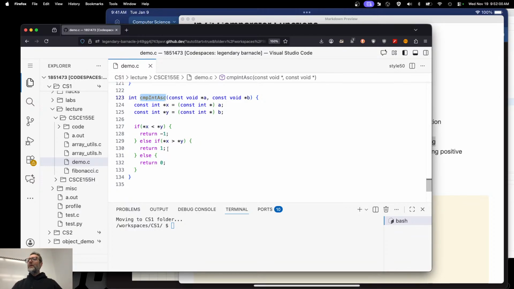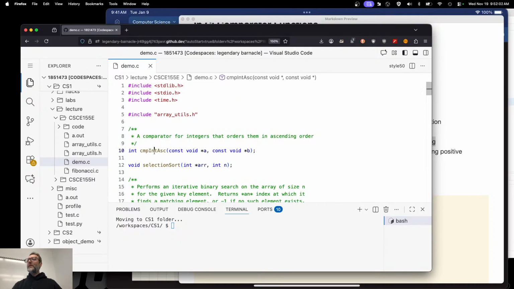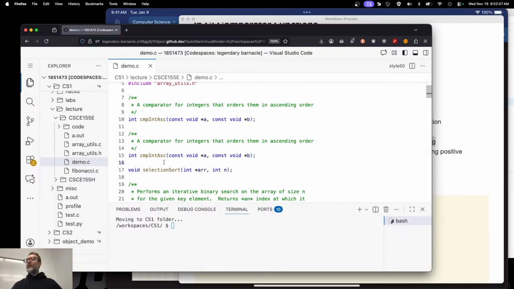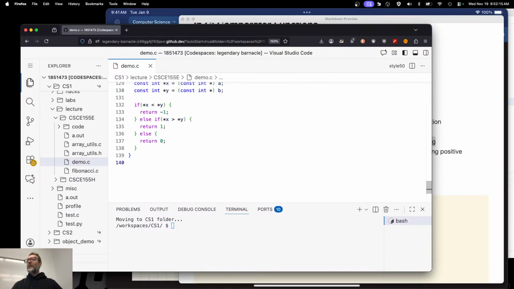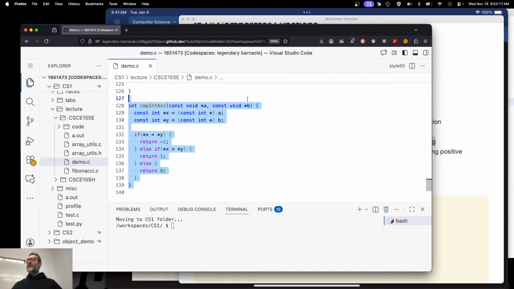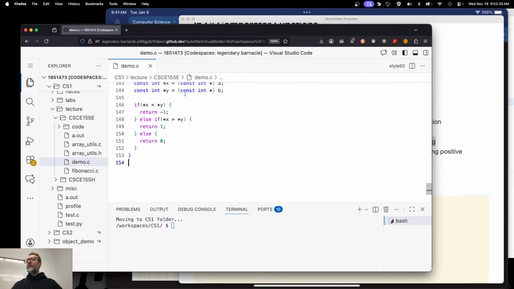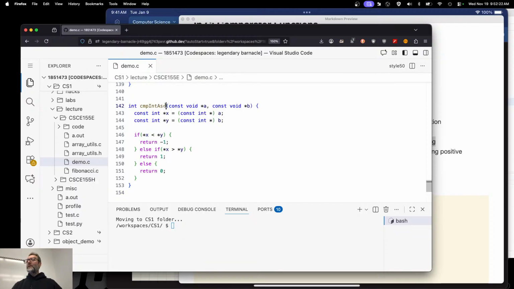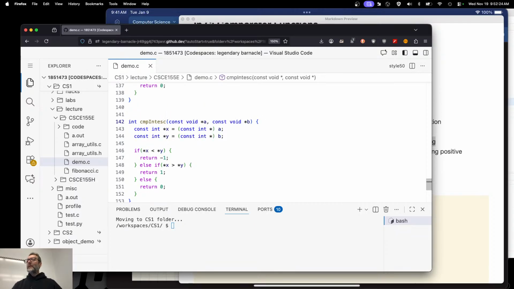Okay. And by the way, before we move on, how would you do it descending? I'll call it desc, in descending order. Okay. I'm going to copy paste this. There we go. And if this is descending, then what's the change that I need to make?